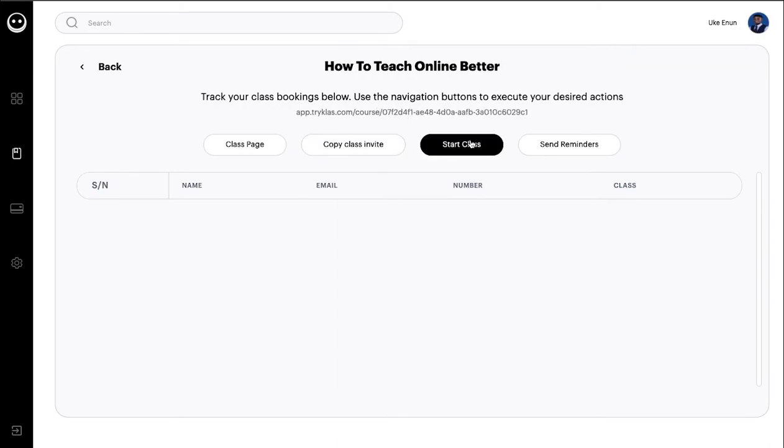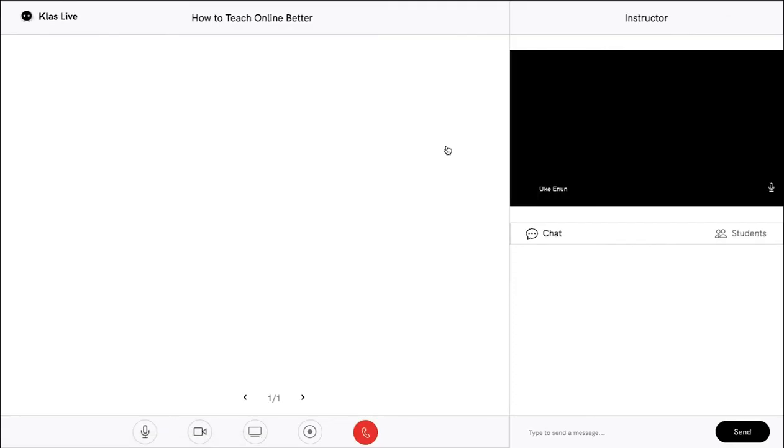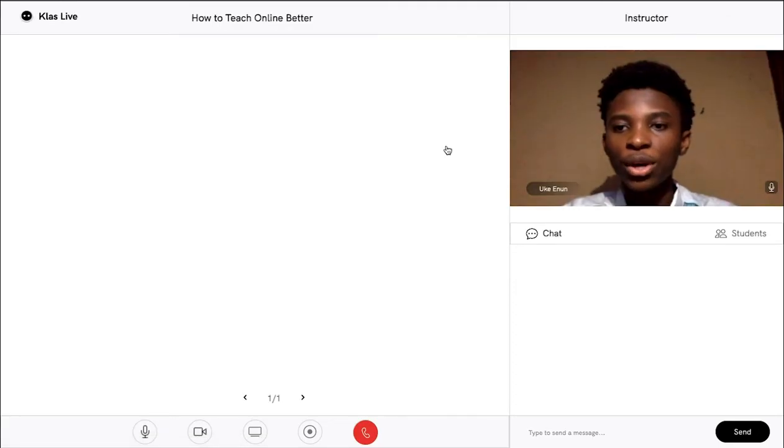Right here we have the start class button. All right, and now when you hit this button, it is going to start your class. It is going to take you into the virtual classroom that we call Class Live. Now let's go in there. So we click on start class, and as you can see, we are right in the virtual classroom, and my